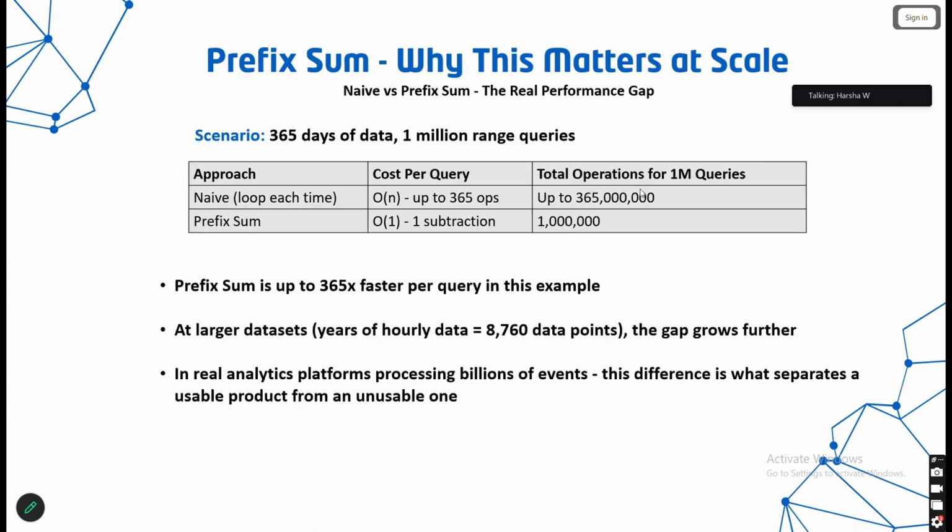So, looping each time per query versus prefix sum per query. We can check the numbers, because numbers matter in industry. Every operation is a cost. Every operation is a depreciation of a machine. We are talking about the cloud a lot these days, and that's my specialty area as well. If you host this in a DynamoDB instance,